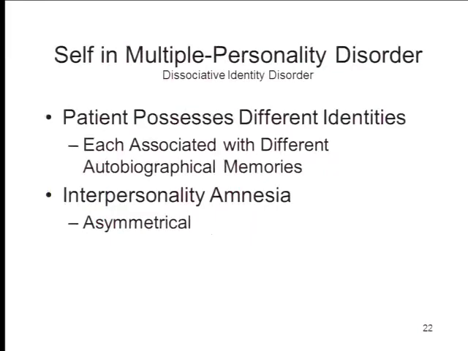There's a dramatic example of this in the literature. You don't see this too often, but you do see it from time to time in a form of mental illness known as multiple personality disorder, now known as dissociative identity disorder. What happens here is that you encounter a patient who seems to possess a number of different identities. Each one is dominant over behavior at a particular time, and these identities are separated by a kind of interpersonality amnesia, where one identity doesn't know anything about the other identities.